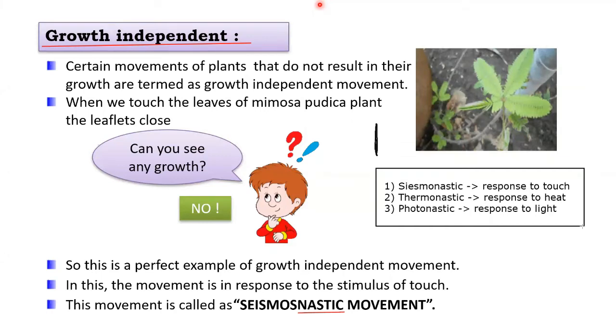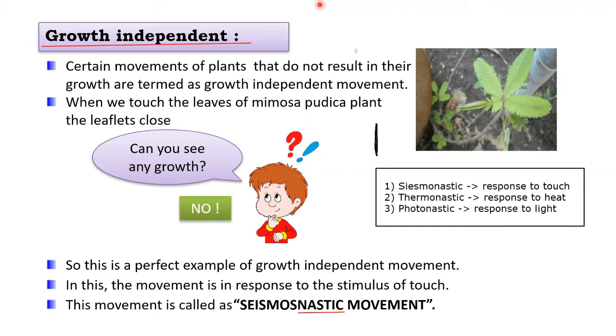For thermonastic movement, bursting of balsam seed while inserting it inside water is an example. When you talk about photonastic movement, the opening and the closing of lotus flower in response to presence or absence of sunlight is an example of that. Okay, I hope all of you have understood it well,